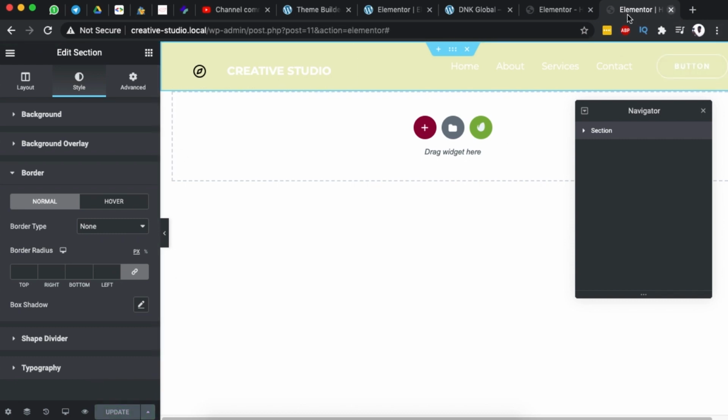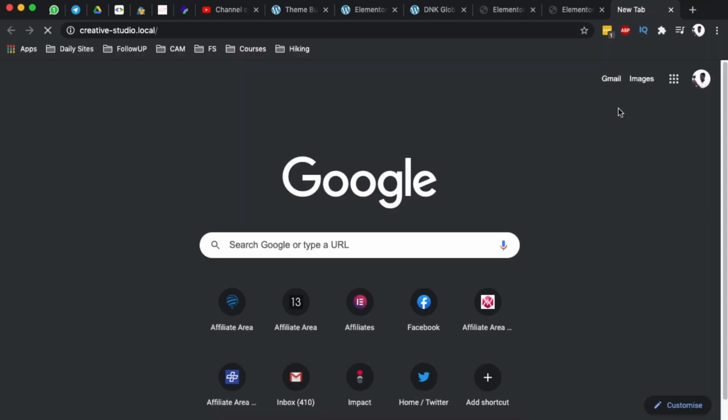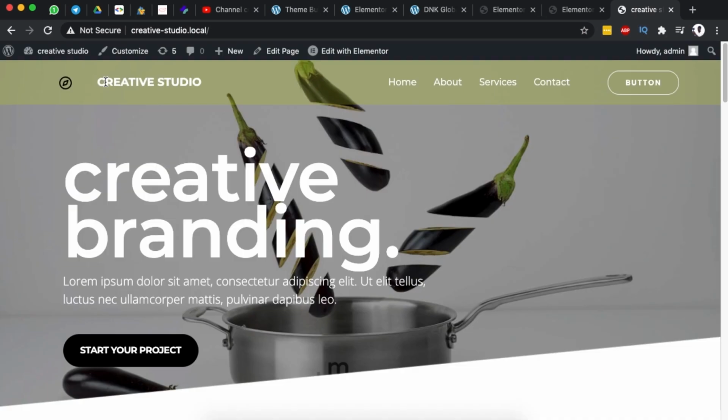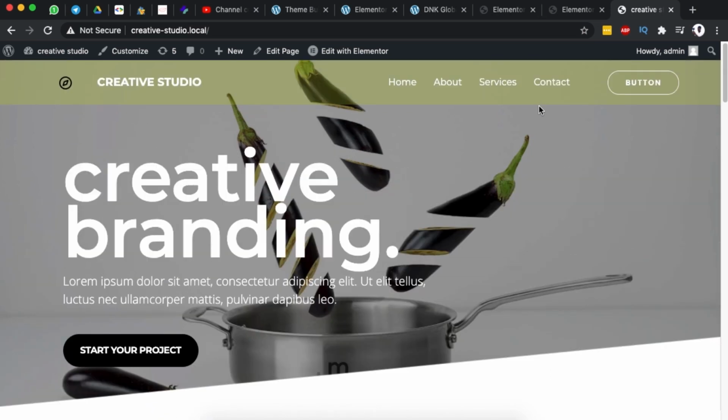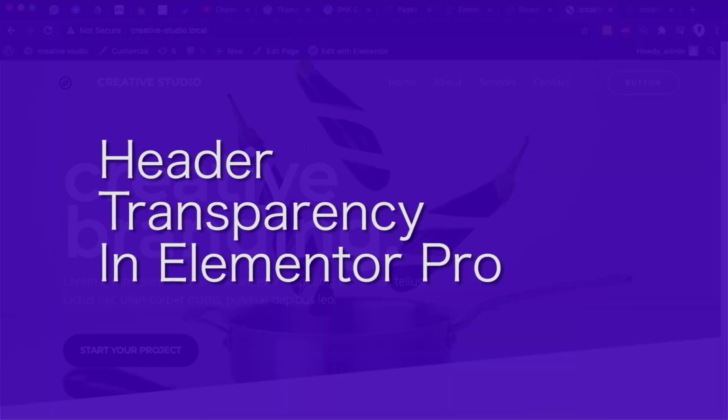Now I'll go and preview how this actually looks like. So I'll copy the website URL, open up in a new tab. You realize that now we have this color of ours, and it is also transparent. Looks really beautiful. So now let's see how you can create a transparent header in case you are using Elementor